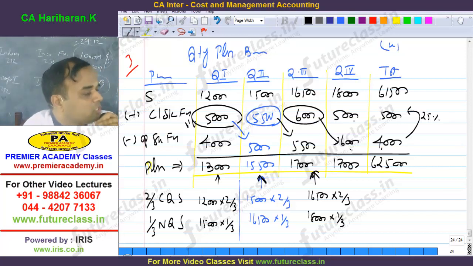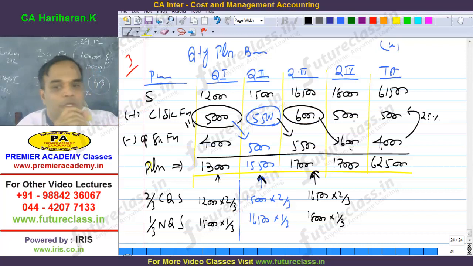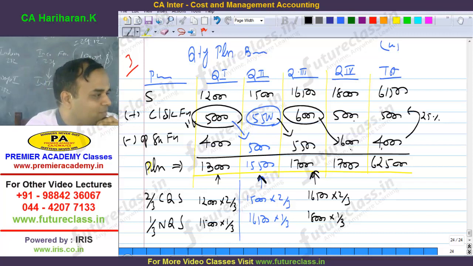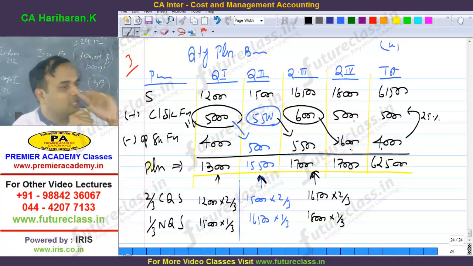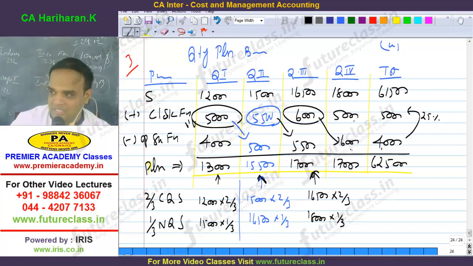Per kg raw material cost comes to 50 paise. To produce one product, you need 1 hour 30 minutes. Per labor hour comes to 4 rupees. To produce one product, variable overhead is 1 rupee per direct labor hour. Fixed overhead is 2 rupees per product, based on budgeted fixed overhead production of rupees 90,000. So they have given the expenditure details. We have to prepare the expenditure budget, that too quarter wise. So we start the quarter wise expenditure budget.